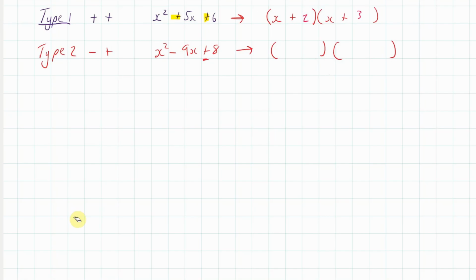So type 2 occurs when you've got a plus and a minus, like this here, and that means that you'll have 2 minuses in your brackets. Whoops, I made a mistake there. 2 minuses in your brackets. Okay, so then you look at your factors of 8, 1, 8, 2, 4, and they've got to both be minuses, and they have to add to 9, minus 9. So it's